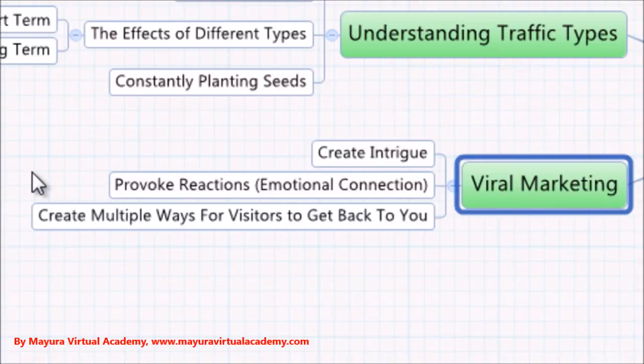It's also good to create multiple ways of getting visitors back to your website. So if you were to create, for example, a blog or an audio or a video, you could actually create one of each of those things and have different methods of getting there. So for example, you could do a press release all about the video that you've produced, and that video could be talking about your blog, and all of those things could link up so that one leads to another, which leads to another. By doing that, you're creating a sort of circle, if you like, of traffic. So people who find the video will go to the blog, which will then take them to perhaps an article, or the article will take them to the blog, which will have a copy of the video on it.